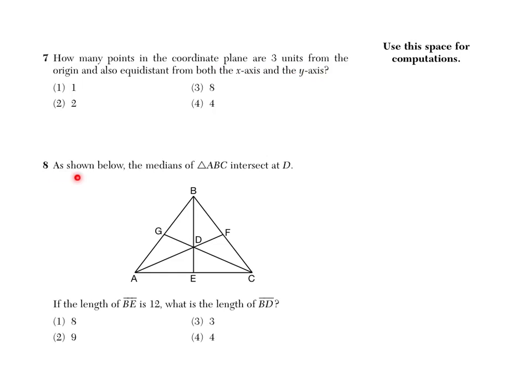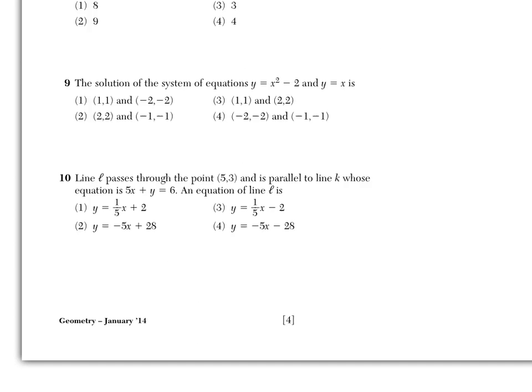Question number 8. As shown below, the medians of triangle ABC intersect at D. If the length of BE is 12, what is the length of BD? Question number 9. The solution of the system of equations y equals x squared minus 2 and y equals x is... Question number 10. Line L passes through point (5, 3) and is parallel to line K, whose equation is 5x plus y equals 6. An equation of line L is